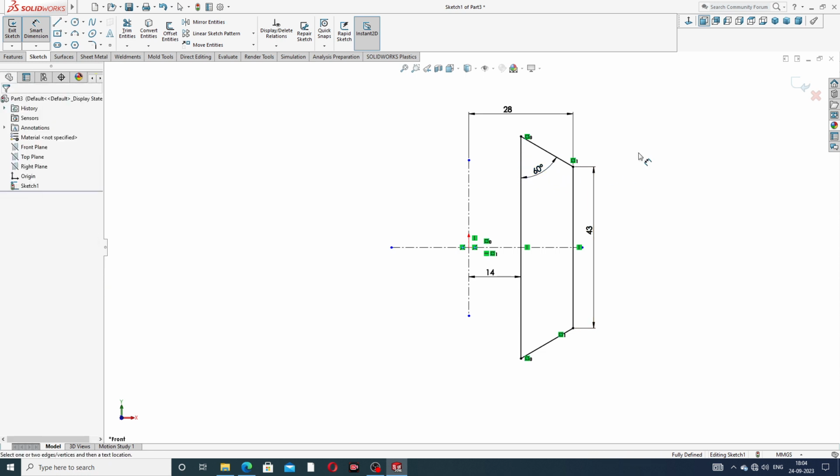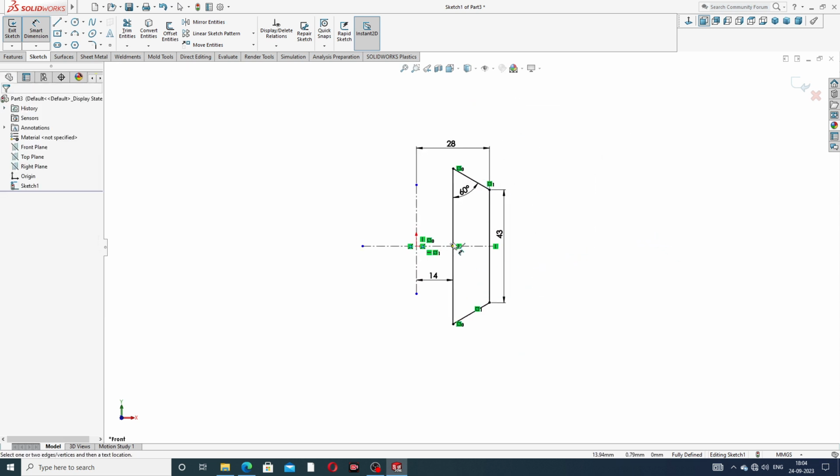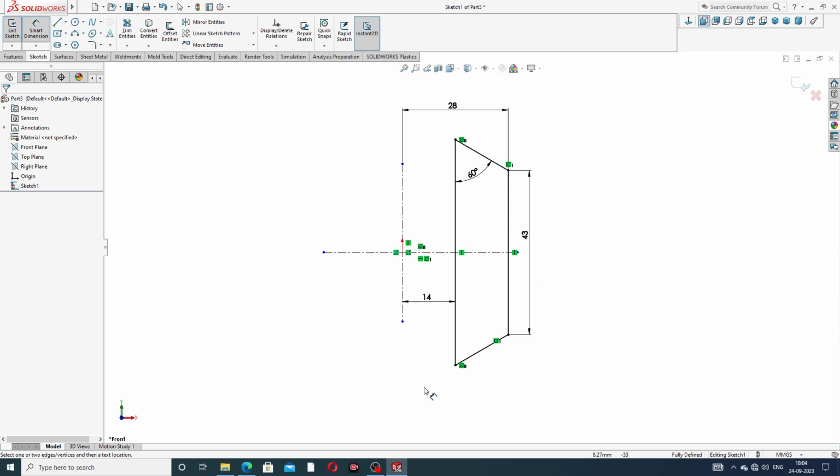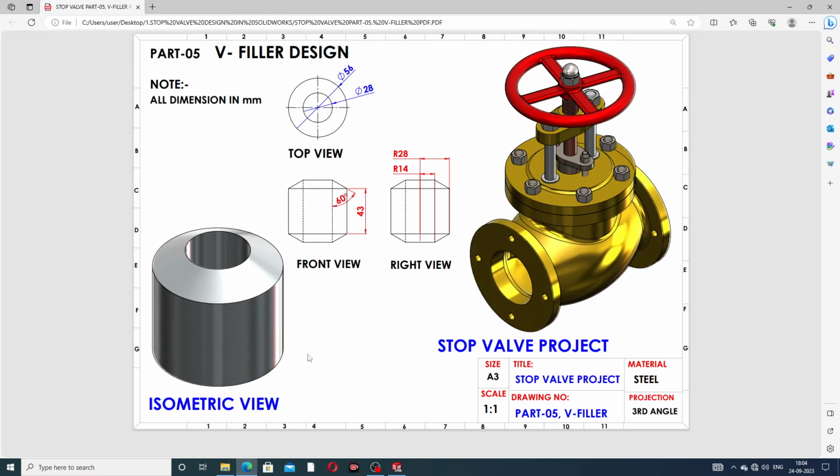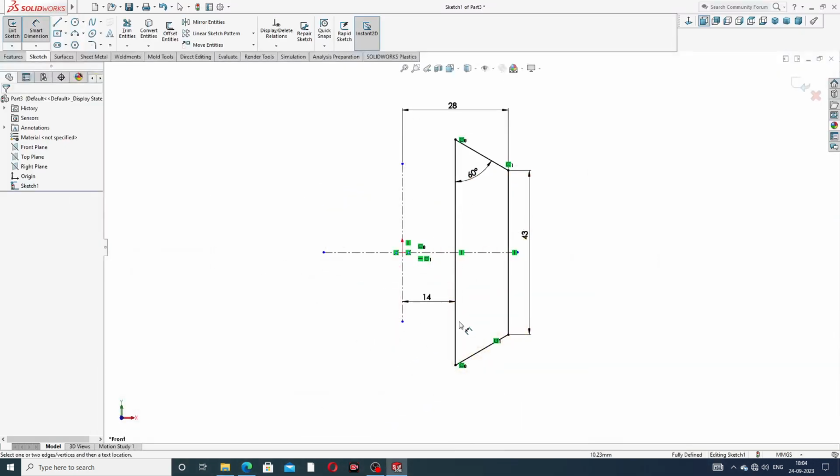Okay, all is perfect and correct, this is 43 millimeters, and everything is looking perfect and correct.